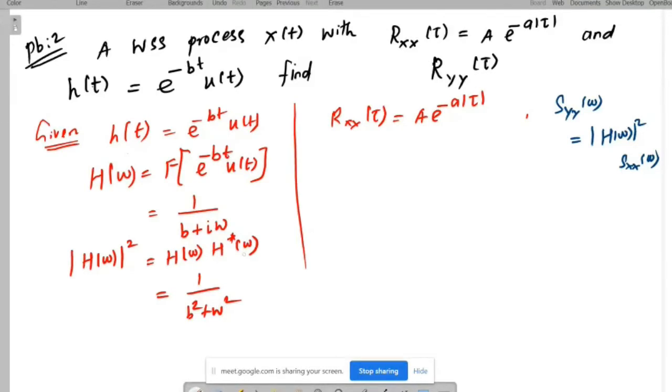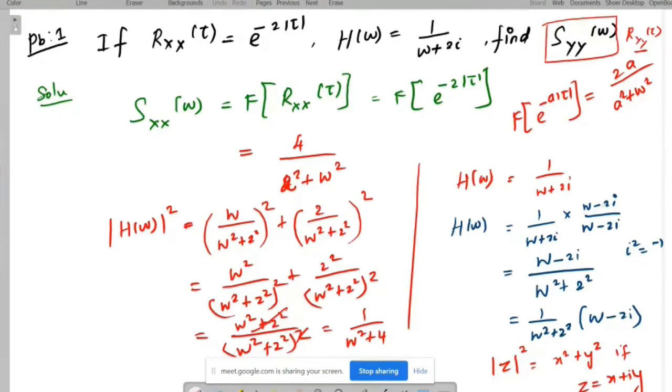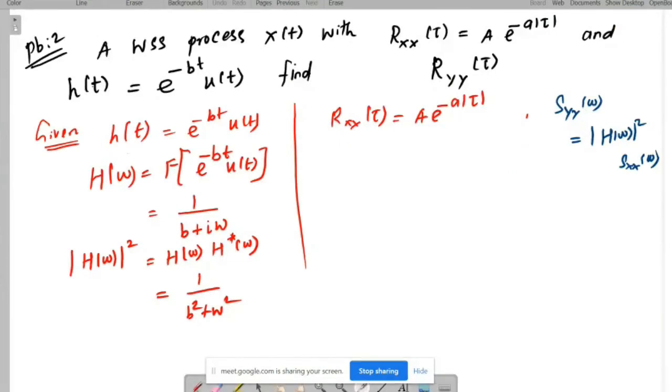Or better, you can apply the previous idea. Try to conjugate these two things. After multiplying, you can split real and imaginary part. After splitting the real and imaginary part, you can take this formula. So in this formula, you may get the answer. So like this, it is the best way to find modulus of H omega square, right? So here, I am going to apply the formula. From that, you will get the answer.